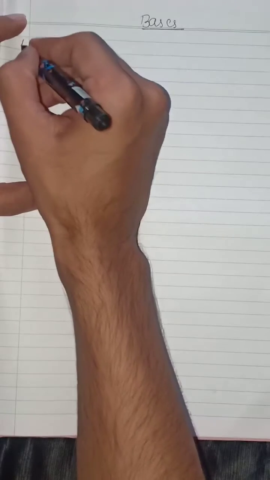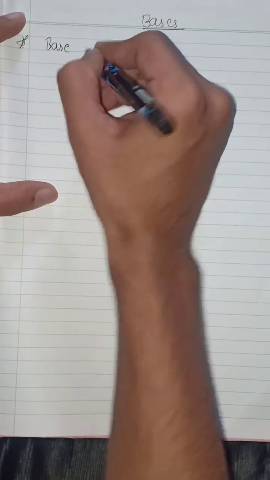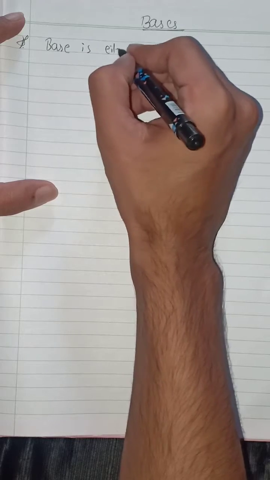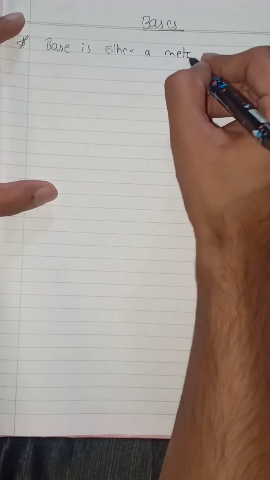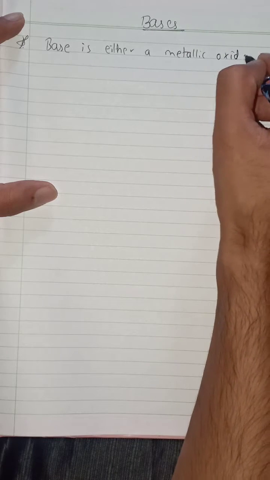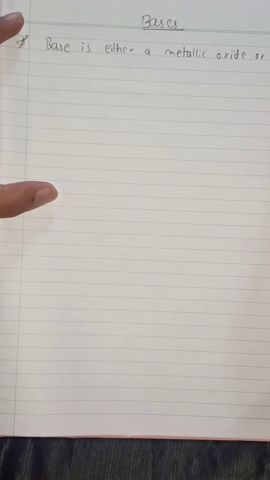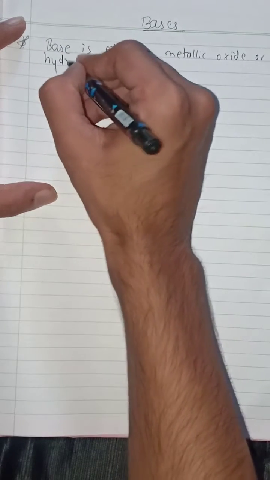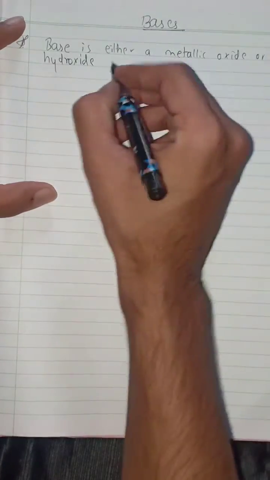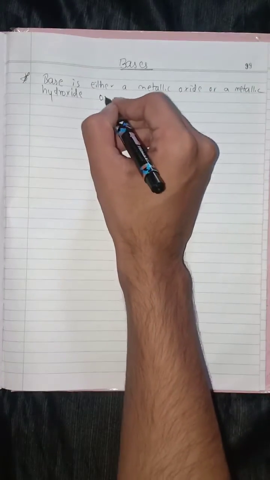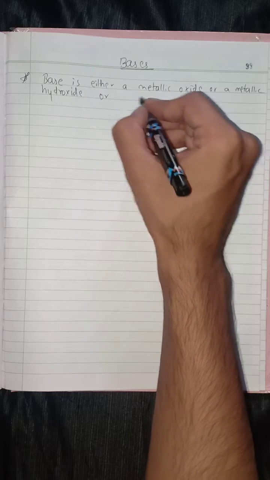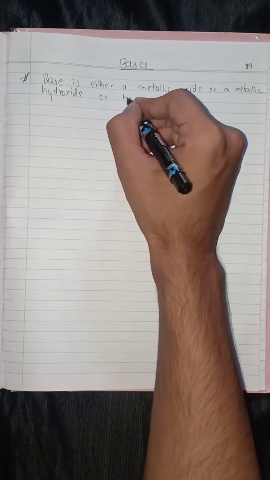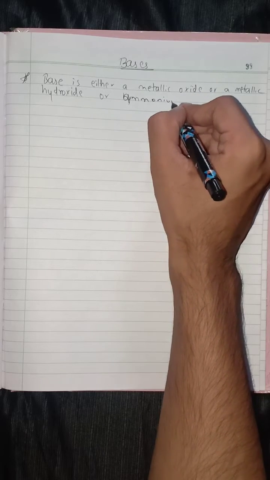Okay, bases part. So first, what do you mean by base? First we are going to define base. Base is either a metallic oxide or a metallic hydroxide, or there is another definition also regarding that part. It could be the ammonium ion or the ammonium hydroxide